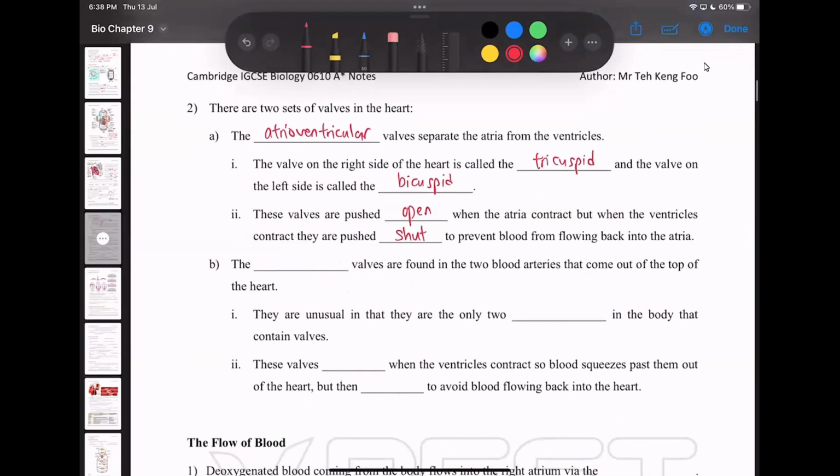And then the semilunar valves are found in the two arteries that come out of the top of the heart. These two are actually unusual because they are the only two arteries in the body that contain valves. Normally we only have valves inside the veins, but not in the arteries. Okay, and then these valves will open when the ventricles contract, so that